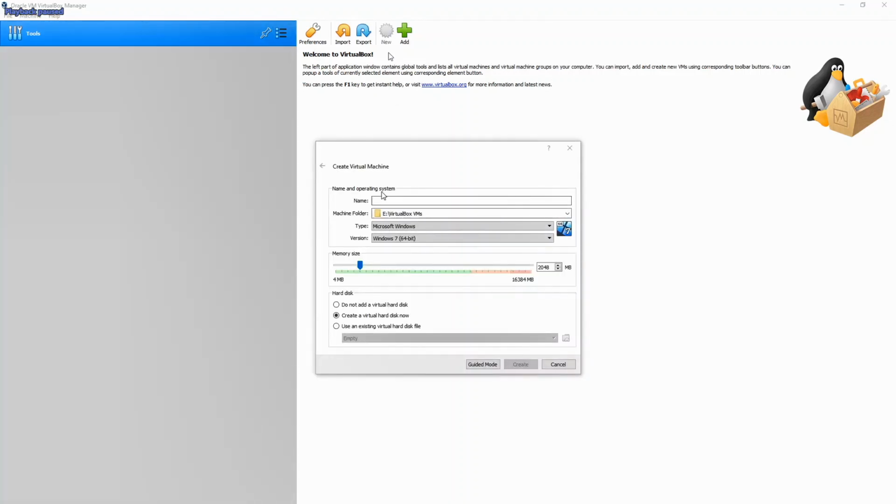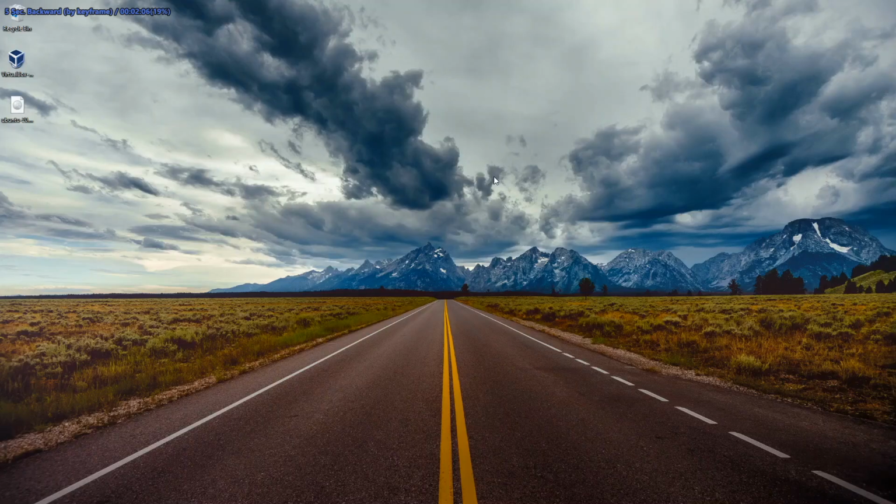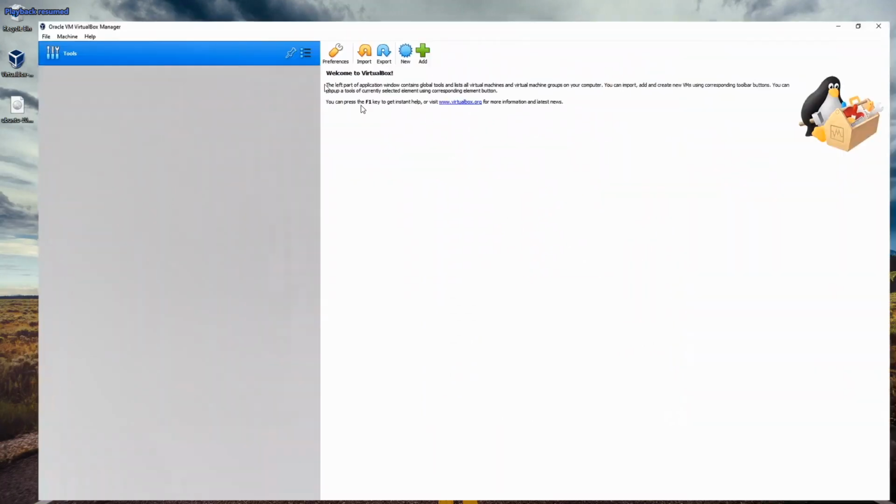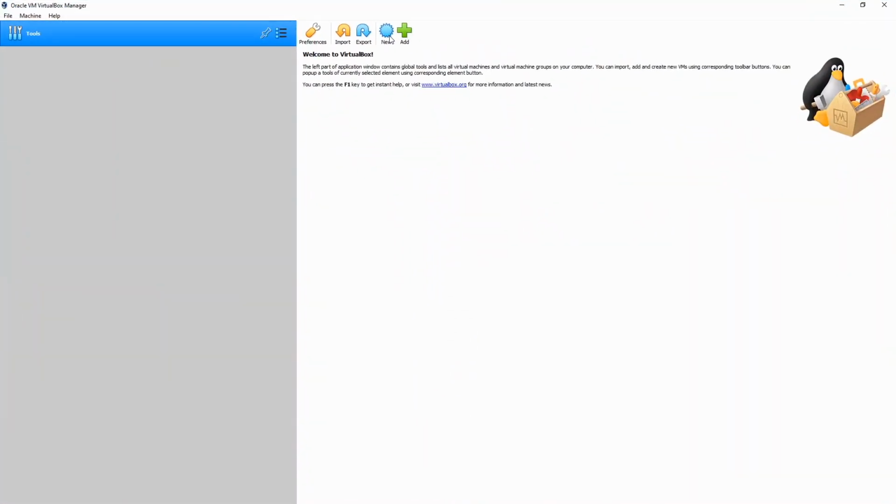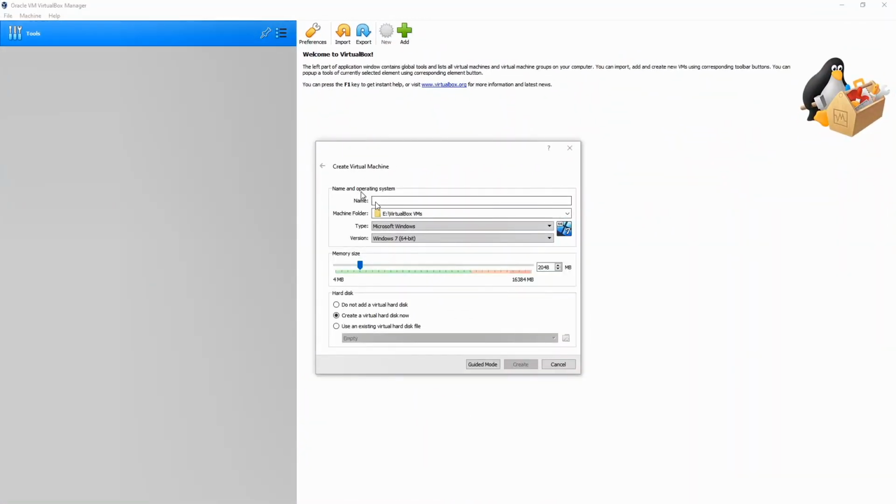Now I'm going to start installing the operating system here. First you have to click this new button, right? Once you click this new button, this menu will pop up. Here just write the name. I'm going to name it Ubuntu, and specify a machine folder within your computer. So that machine folder will be considered as the,